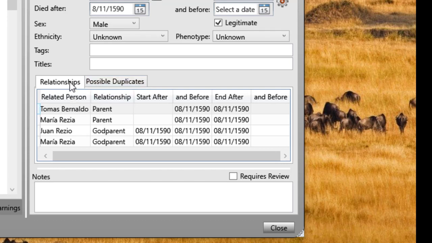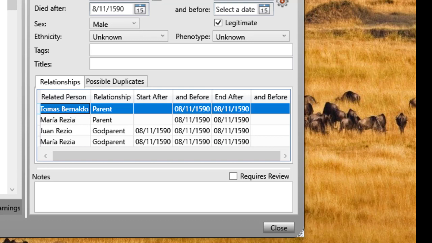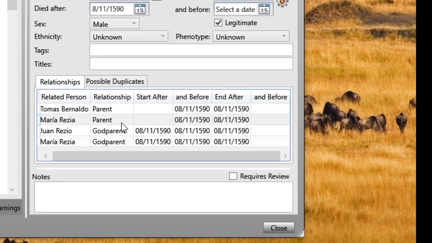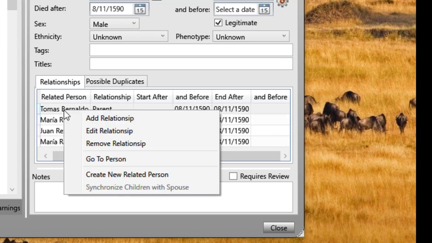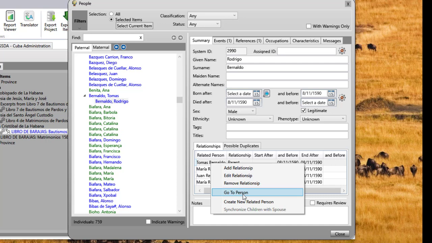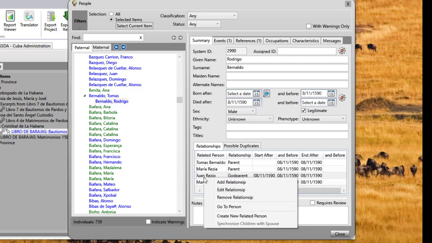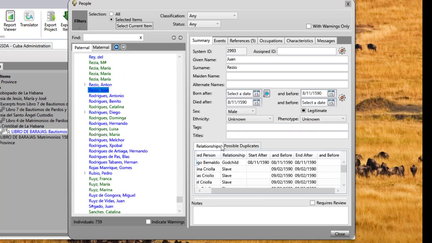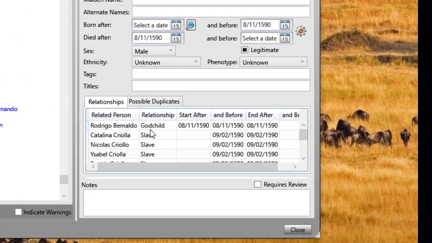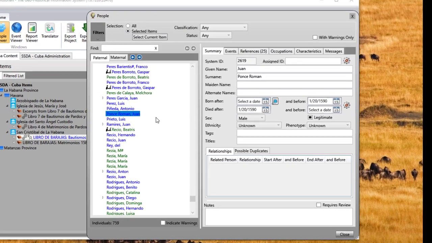This listing here is the relationships this person has. In the case of Rodrigo, he has a parent, father, mother, and two godparents, and these were people who are recorded in the baptism entry for Rodrigo. One of the things about this listing is you can right click and navigate to those individual people. So for instance, if I right click on a godparent, I can go to that person, the system navigates, and now I'm looking at the details for that person. So you can move back and forth through this relationship tab pretty easily. I'm going to hit my back arrow and go back to